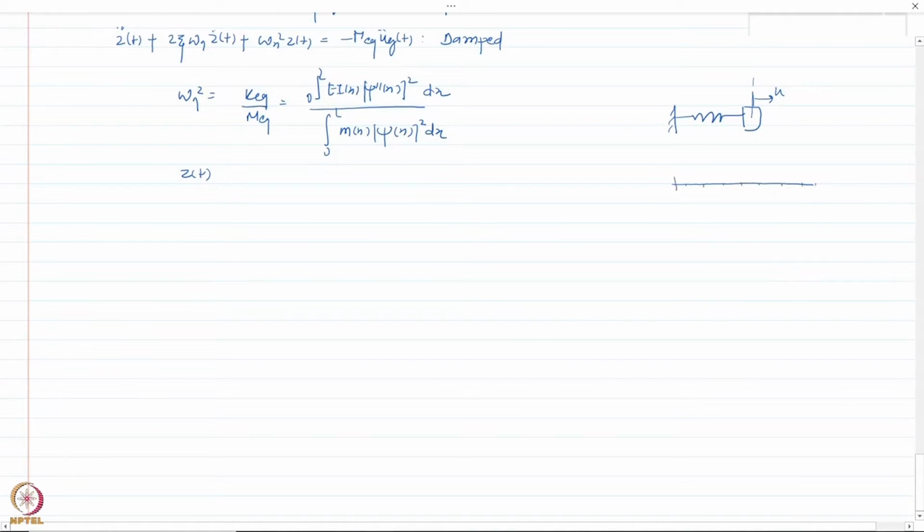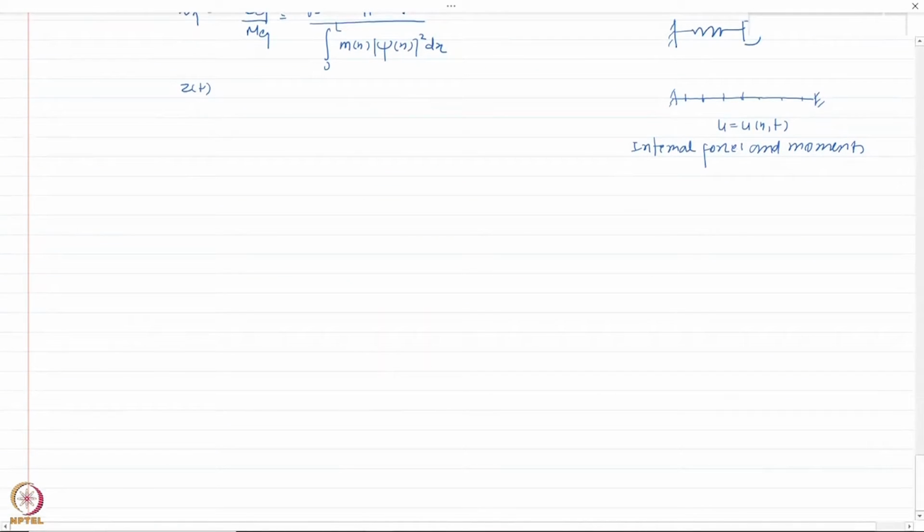So this also poses the question, what happens to the forces at different locations? I know that my u is now a function of x and t. So I would also have a different point. What are the internal forces and moments? To do that, again, we are going to utilize the same method that we have done. We are going to utilize something called the equivalent static method,